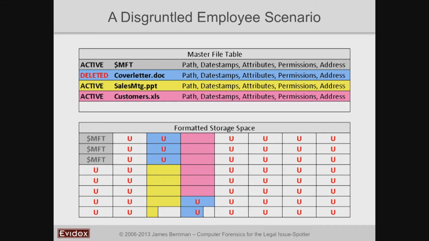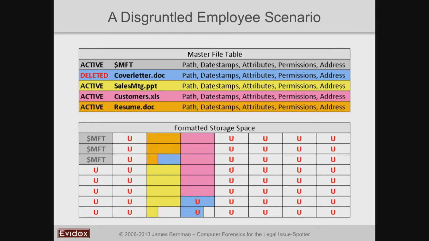After the disgruntled employee prints out their cover letter, they delete it. And so the space becomes unallocated again. But when you delete the file, it doesn't go away. The space is simply marked as unallocated. It's marked as deleted in the master file table. But until another file comes along and overwrites it, it's still there. So those two fragments are still there. And now what happens is